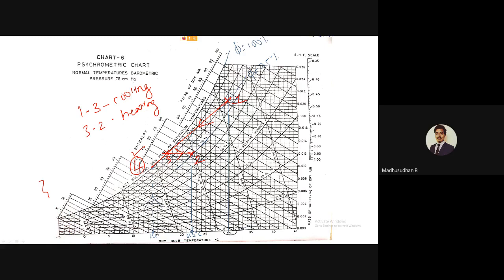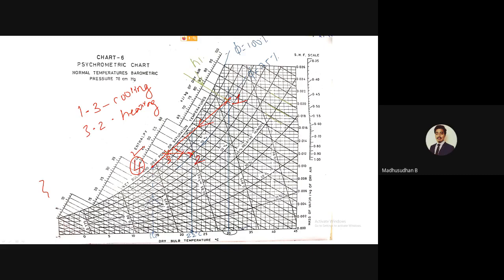Okay, so I'll just change the pen color. So now you require the values of H1, that is enthalpy at state 1. You require the values of H3, that is enthalpy at state 3. You require the values of H2, which is enthalpy at state 2. How do you calculate these values? Just go for the isoenthalpy curves. Where are the isoenthalpy curves? Here I will try to plot this. All these are isoenthalpy curves, is it? So just keep parallel to the isoenthalpy curve and go straight.